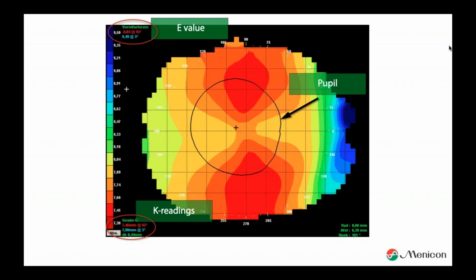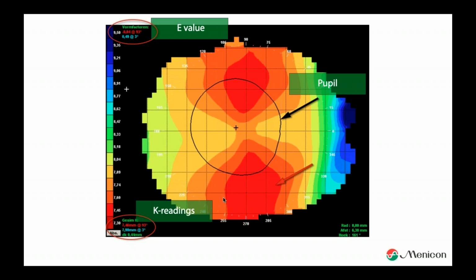On the other hand, and you already know it if you sit behind the topographer, I try to accommodate on the Placido disc. It won't work. It won't happen. It cannot accommodate because it's too close. So the pupil will become small and big, and it will affect the pupil size as well. So in my perspective, the pupil size is quite unreliable in a topography measurement. You have other tools for that in some topographers.